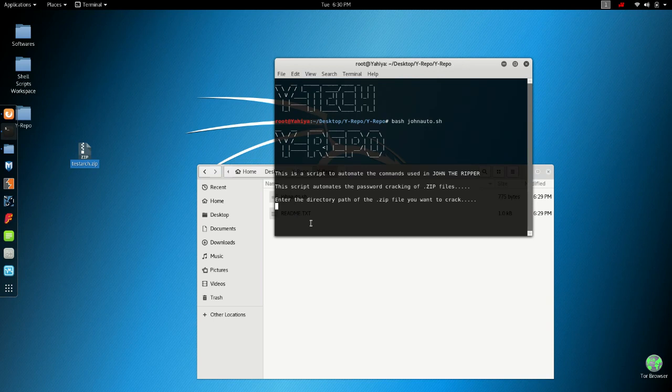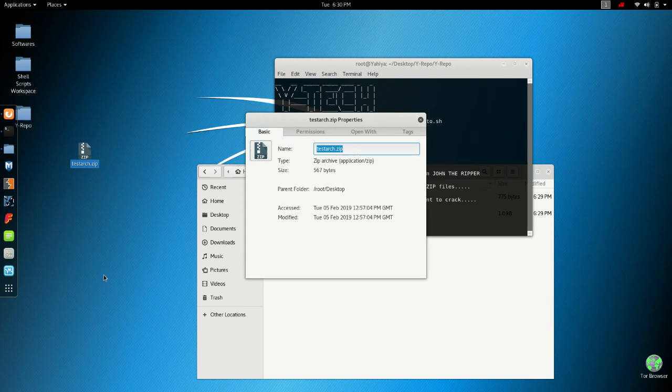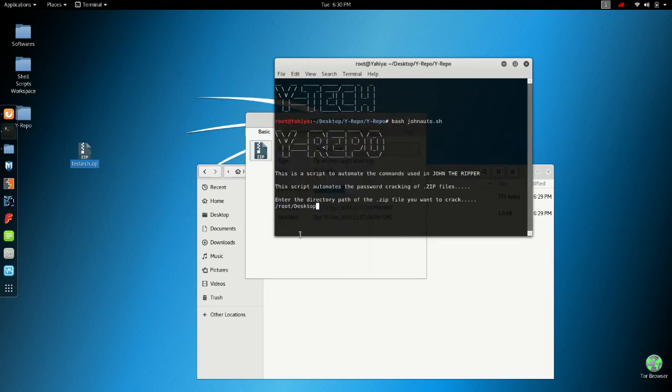basically you couldn't type the directory because it's very difficult to keep track of the directory of the archive files. So let me suggest a simple trick, which is: right click on the zip file, click properties, and you could find the destination of the archive file. Copy this and paste this, followed by slash and then the name of the archive file, so testarc.zip. After entering it,